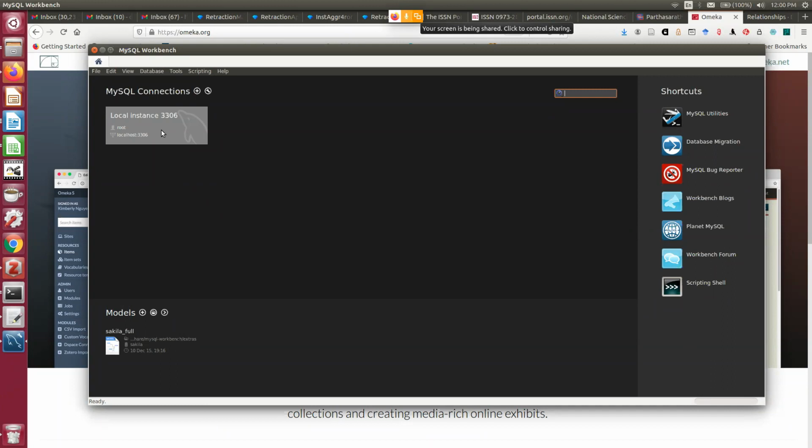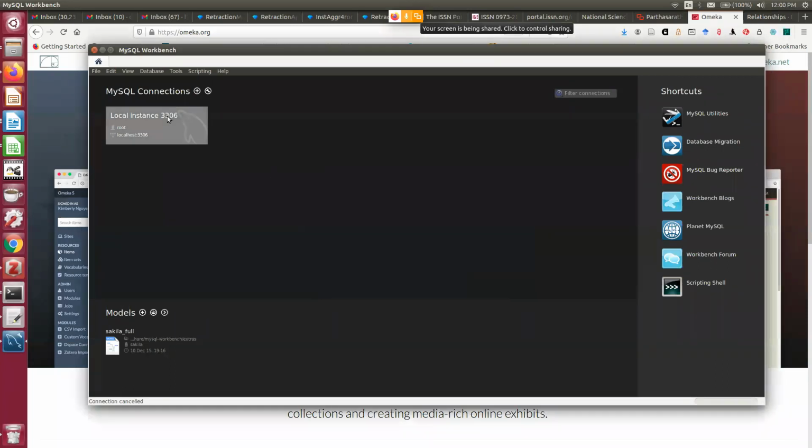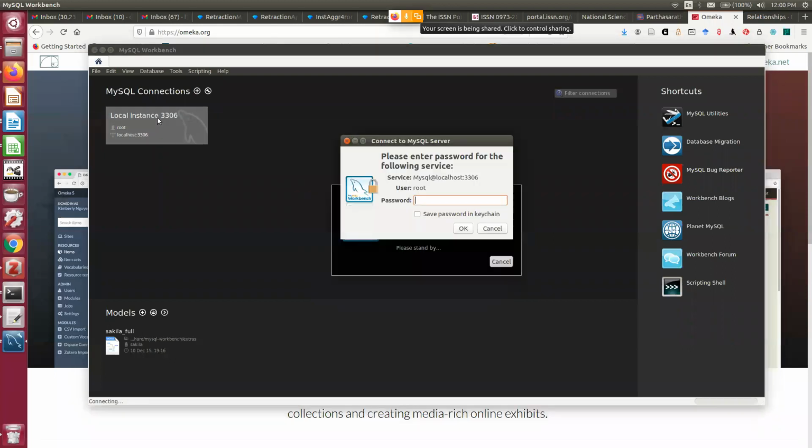Now, if I want to enter inside the database, I can click here, this local instance. You can see again, this local instance I need to click. The moment I click, it will ask me for the MySQL user, which is root. So you give the MySQL root password. In most of your cases, I have asked you to utilize the MySQL root password as LFL-admin. Many of you have followed. Those who have not followed, please remember what your root password is. My root password is different. I am giving this root password here, and click OK.